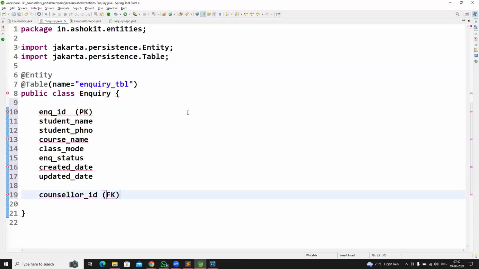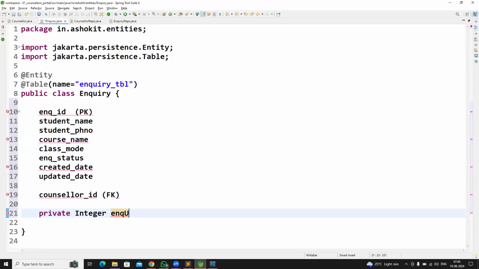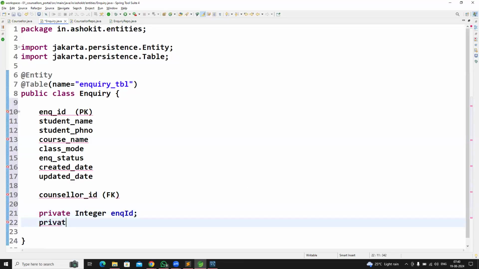Inquiry ID, student name, phone number, course name, class mode, inquiry status, created date, updated date, and counselor ID is coming as a foreign key. Right. So first let me take private integer inquiryId and private string studentName,